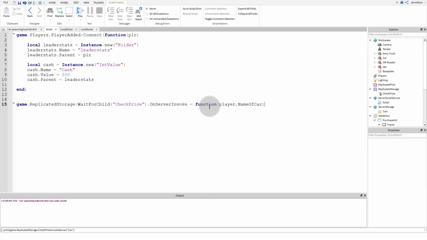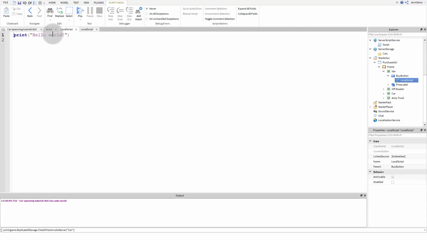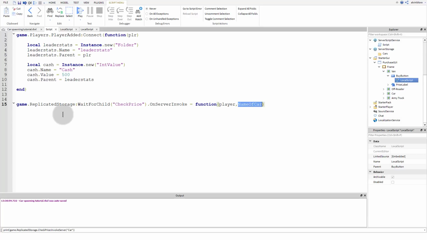Okay, so the player is automatically defined, and the client will send over the name of the player who called this remote function, and we've also got our parameter, which is the name of the car. And remember how in the local script we're sending script.Parent.Parent.Name? Well, that is going to be the name of the car. So what we can do is we can drop a line here, and you can see it's added in an end. Now all we need to do to send back how much this car costs to the script, we just need to say return